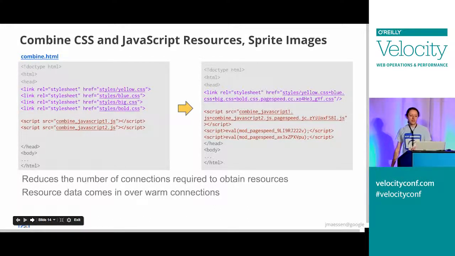But we can also combine together CSS files, and that's in the purple here. And we can combine together JavaScript files into a single script object. And that reduces the number of connections required to obtain resources. And the resource data comes in over warm connections a lot of the time. Because what happens is, by concatenating the resources together, we are able to use that sort of